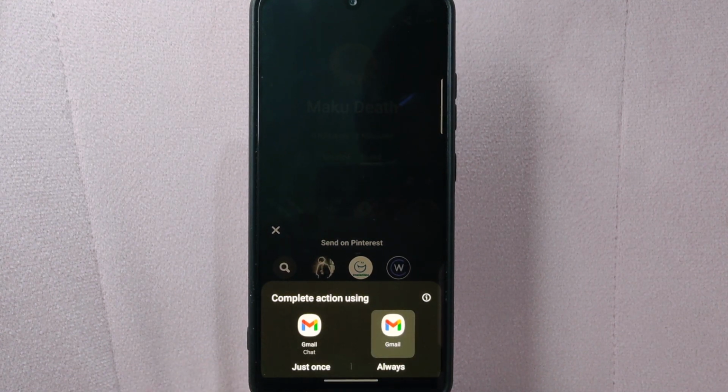There you go. If you wanted to know how to share a Pinterest profile, that is the easiest way I